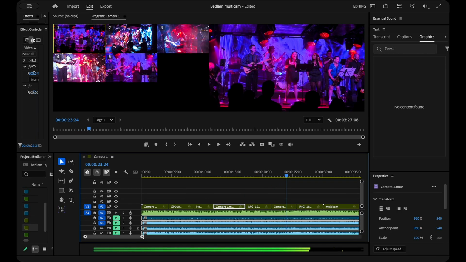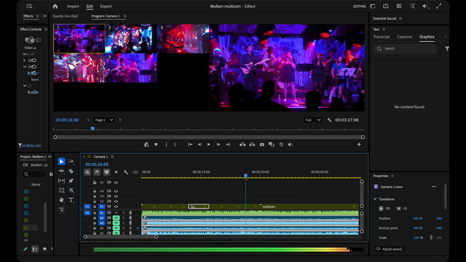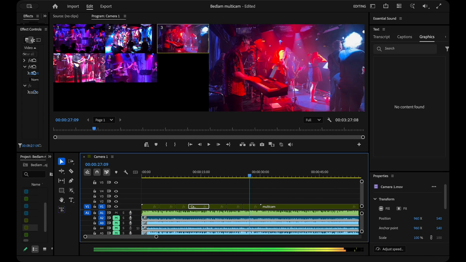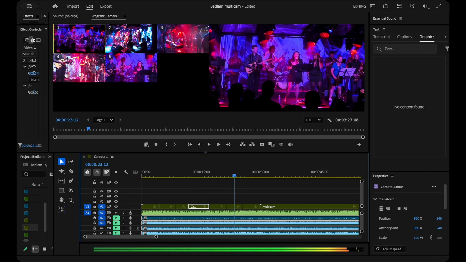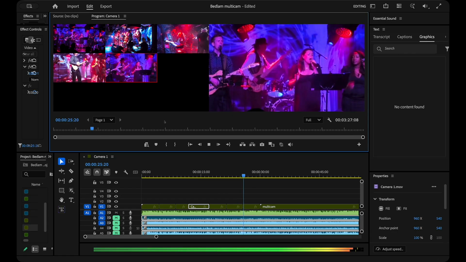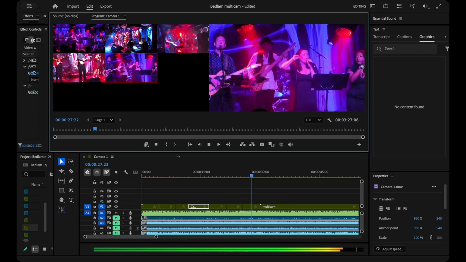If there's anything you've done that you don't like, you can easily redo it. I don't like the fact that it's showing this rear view at this point. So let's go before the rear view and press play again. Now I can just choose a different clip at that point.